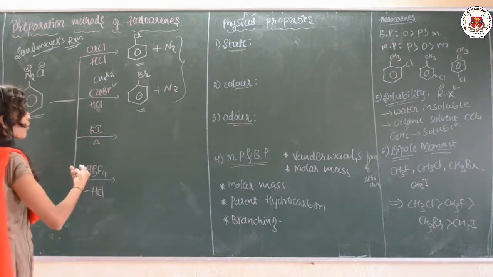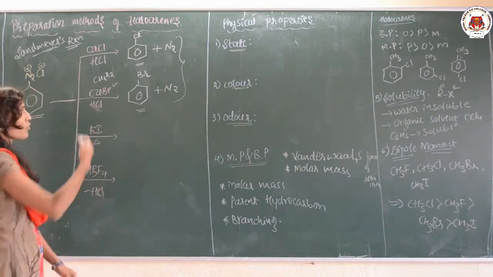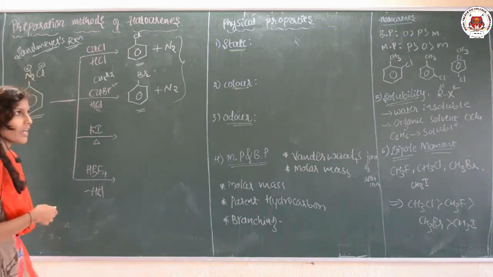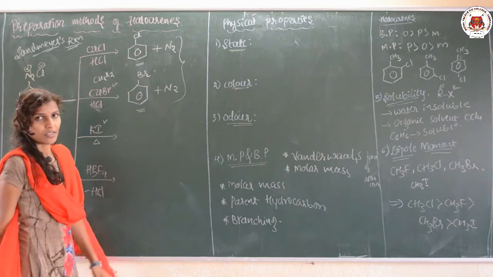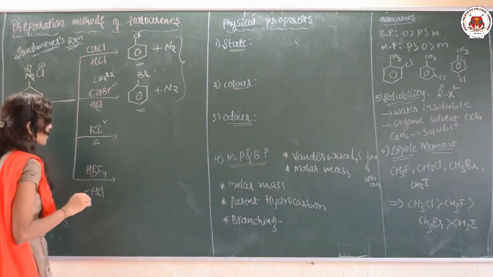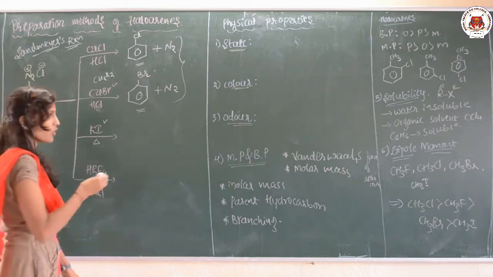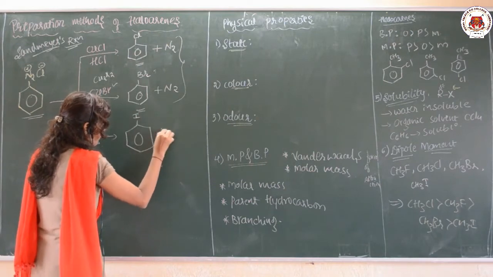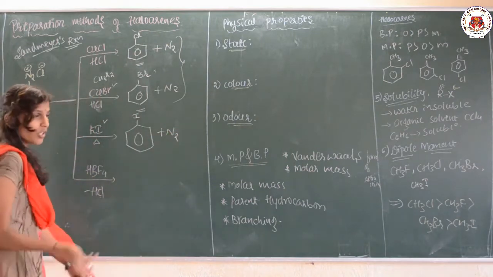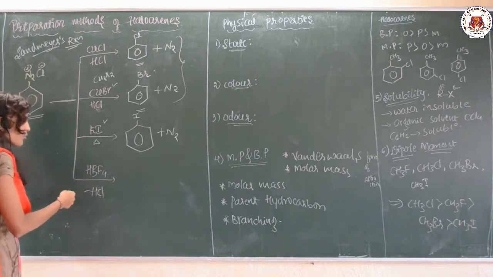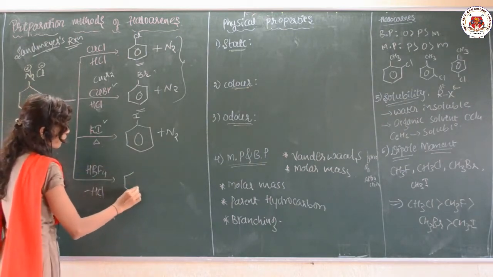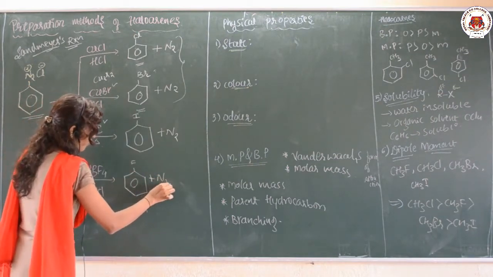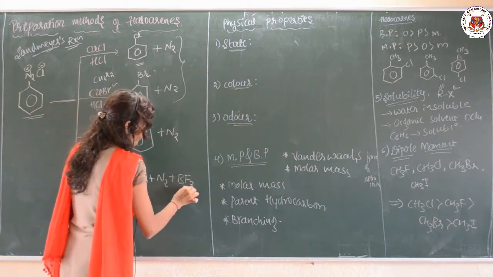Along with that, if I want to prepare iodobenzene, instead of Cu and Br, the iodine must be attached to our benzene ring. During that time you have to use KI, potassium iodide. You have to heat the potassium iodide with the benzene diazonium chloride. During that time you are going to get iodobenzene plus N2. Okay. So if I want to prepare fluorobenzene, you have to use HBF4. Here there is formation of fluorobenzene along with the release of N2 plus one more compound, BF3.